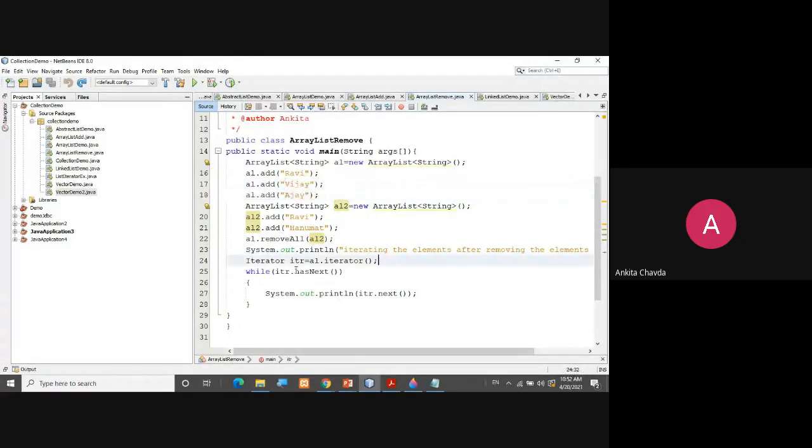Here we are setting the iterator at al and traversing, and it is printing only Vijay and Ajay. Whatever elements you have in al2 that are common in al will be removed. That is the only use of the removeAll method.